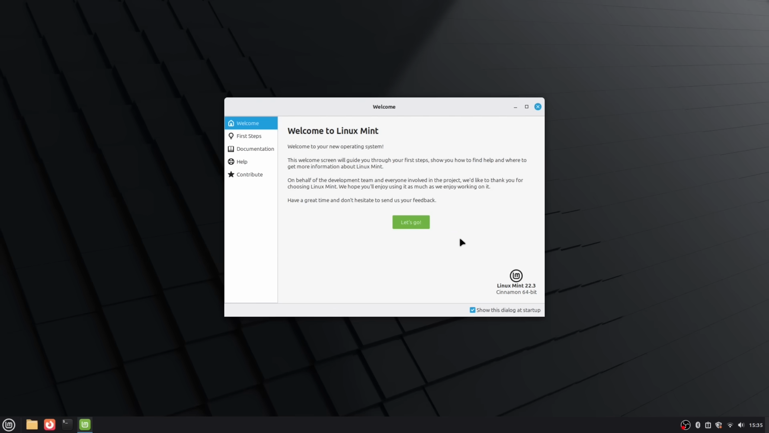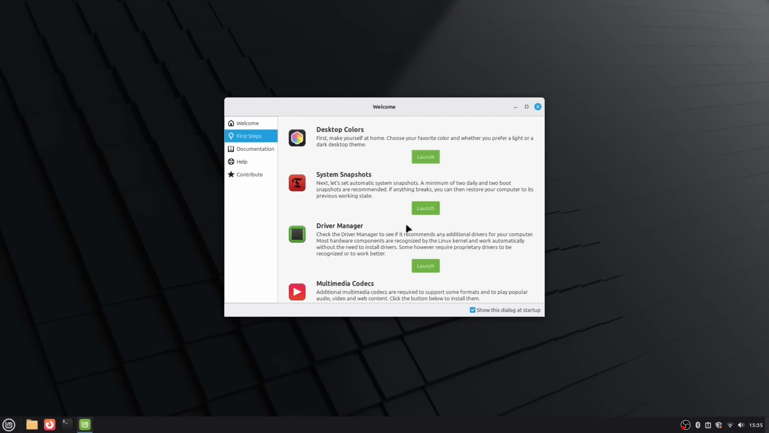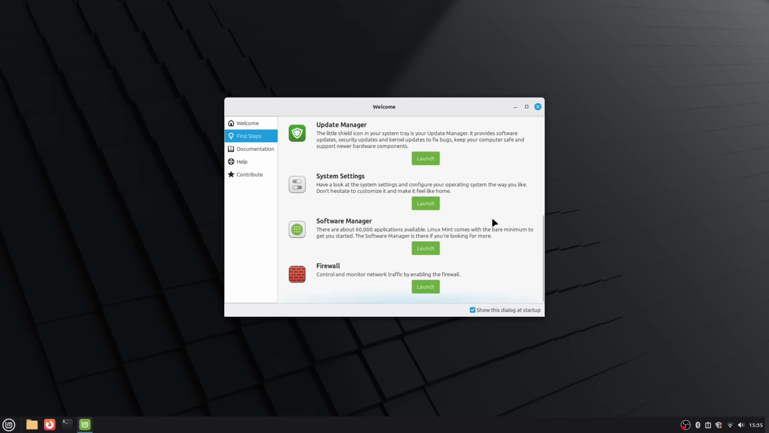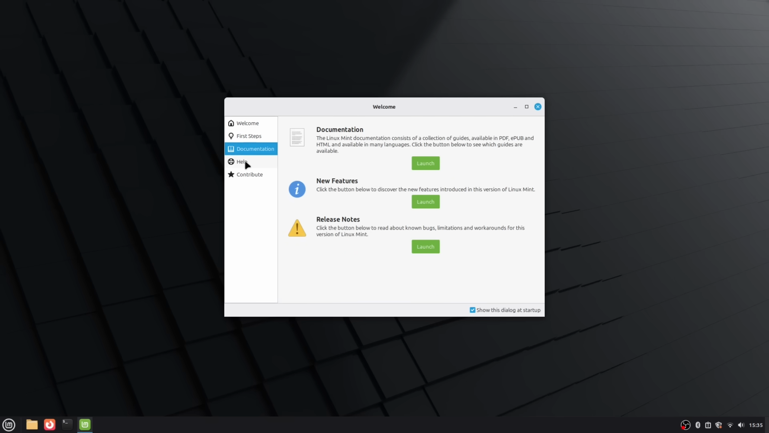Have you just installed Linux Mint 22.3? Don't start using it yet. In this video, I'll show you 12 essential settings that can completely transform your experience, from better performance and security